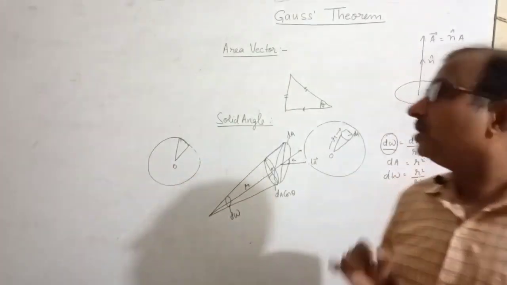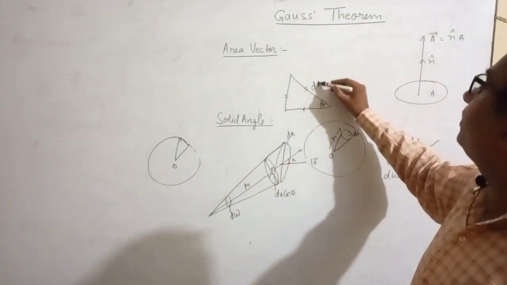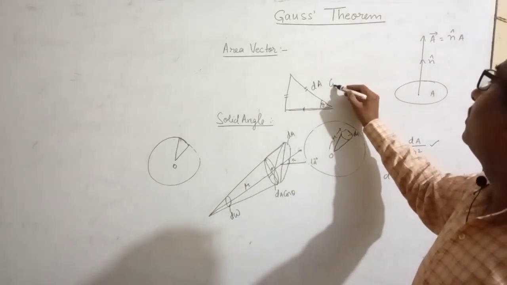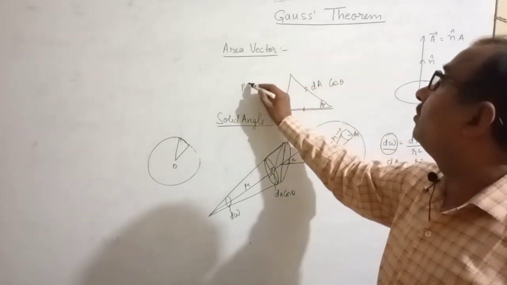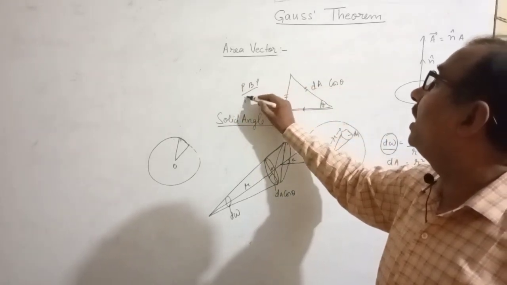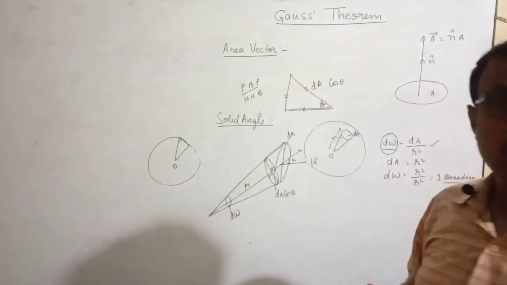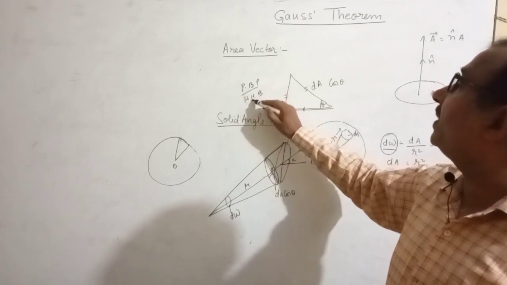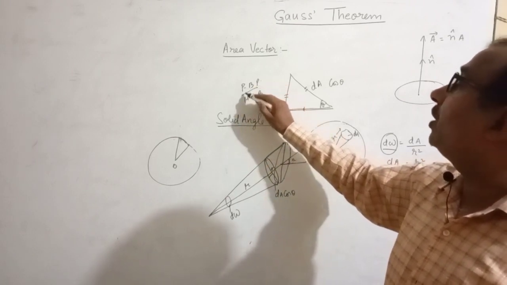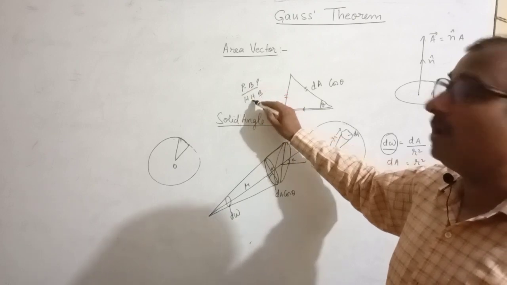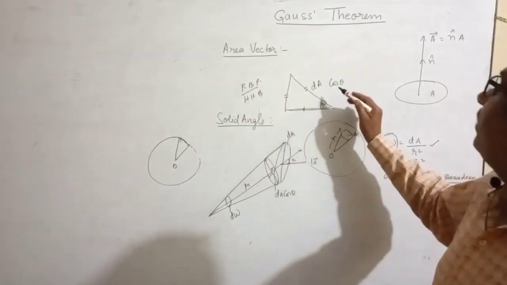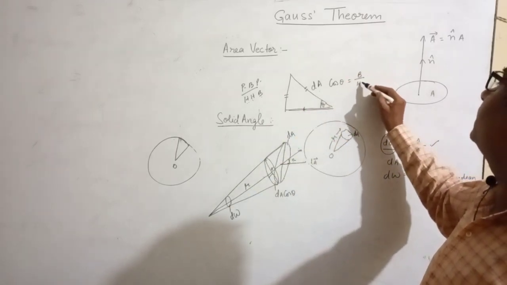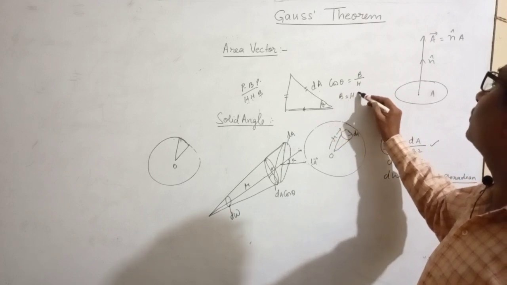This is hypotenuse. So, what is given? Hypotenuse dA is given. You have to find out base. What is the relation? This is from trigonometry. You all know perpendicular upon hypotenuse means sin theta, and base upon hypotenuse means cos theta. So here, what is the relation between base and hypotenuse? cos theta equals base upon hypotenuse, so base equals hypotenuse times cos theta.